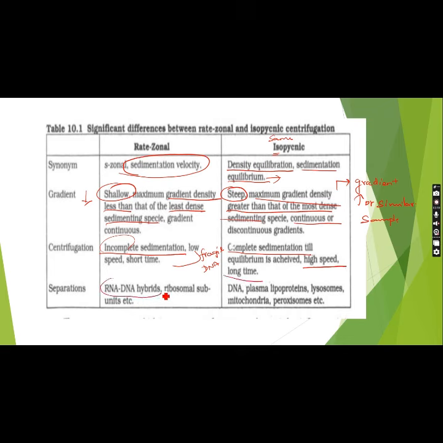Even an RNA-DNA hybrid and ribosomal subunits can be separated by rate-zonal, as it has a shallow density and incomplete sedimentation. But in the case of isopycnic, DNA, plasma, lipoprotein, lysosome, even cell components can also be separated by this, and also biomolecules can be separated. But even so, it is not as accurate as differential centrifugation in the case of